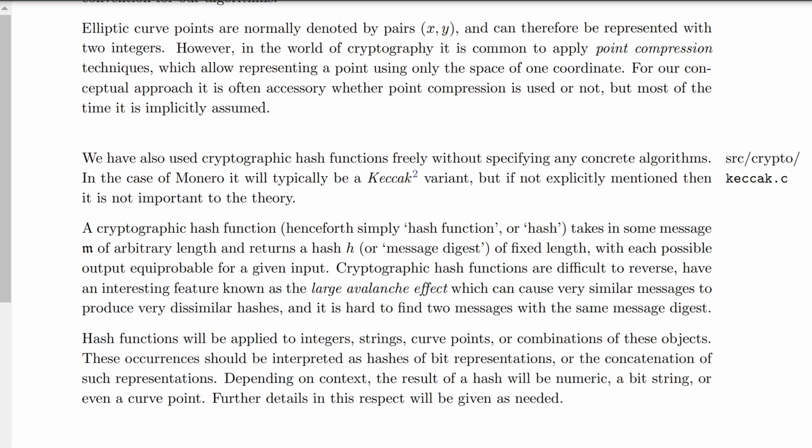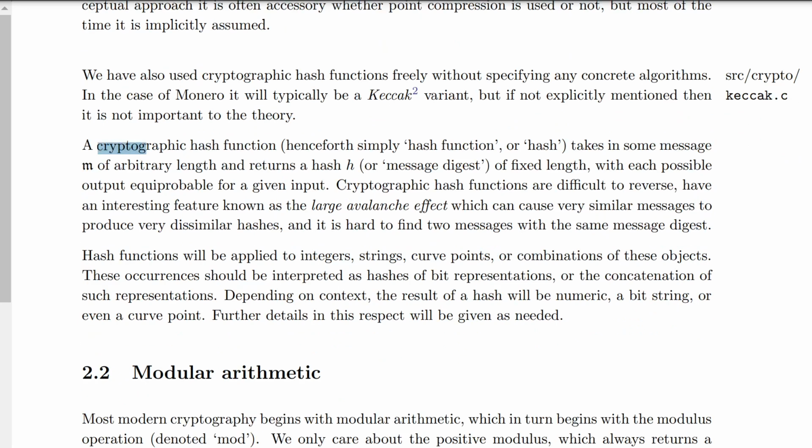In addition to that, there's a discussion here about cryptographic hash functions. It's worth noting that typically Monero uses Keccak, or a Keccak variant, they say, in order to hash things, but it doesn't really matter. Unless they explicitly say we're using this hash function for this technique, it's not important. We can just substitute a different one in if we're trying to set up examples or understand everything. If you're unfamiliar with cryptographic hash functions, which they'll just refer to as hash functions or hashes throughout the text: